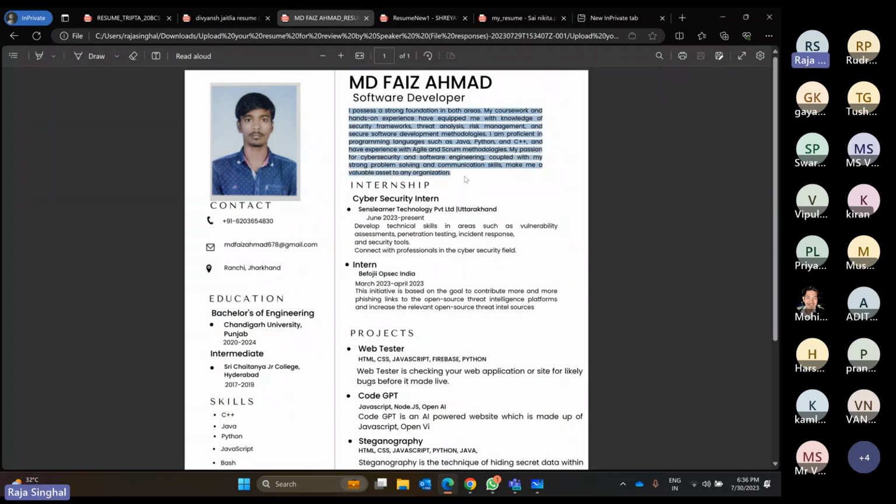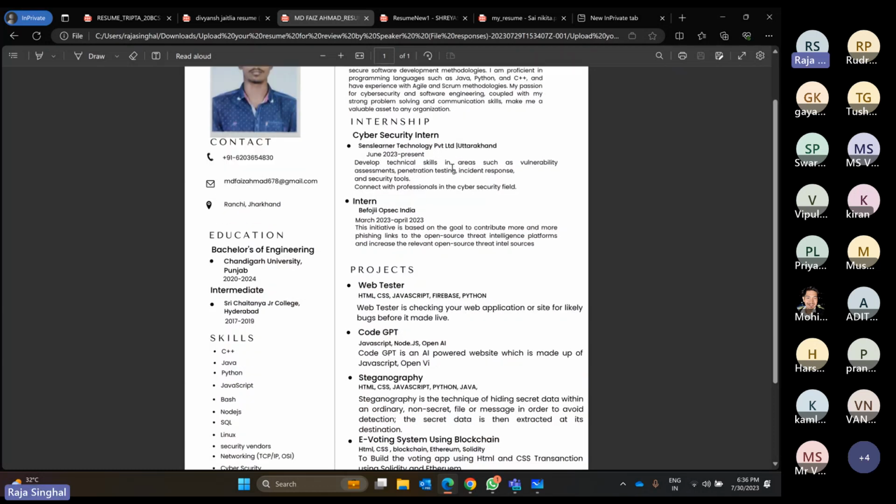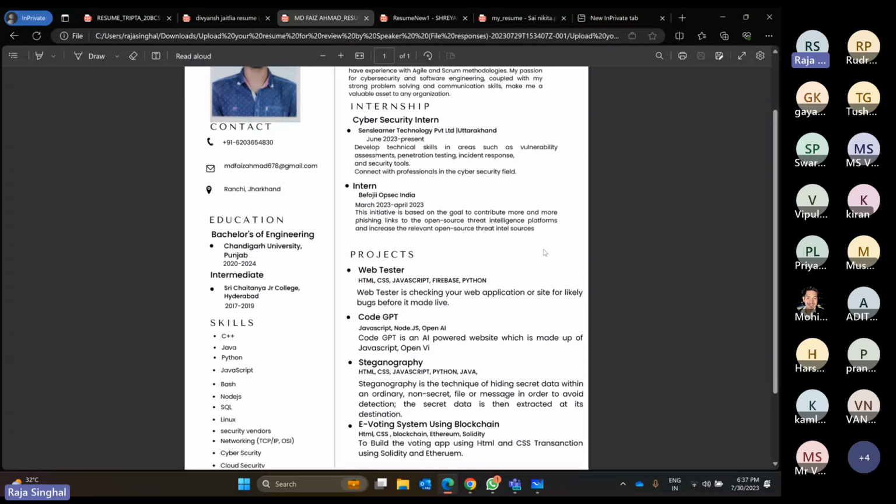So again, that paragraph also looks bad and reduces the quality of your resume. And here, in the internship experience, he directly mentioned the things. He didn't use any bullet points, or even the major technologies he used. He didn't mention anything. And that description is also very bad compared to what I explained before.